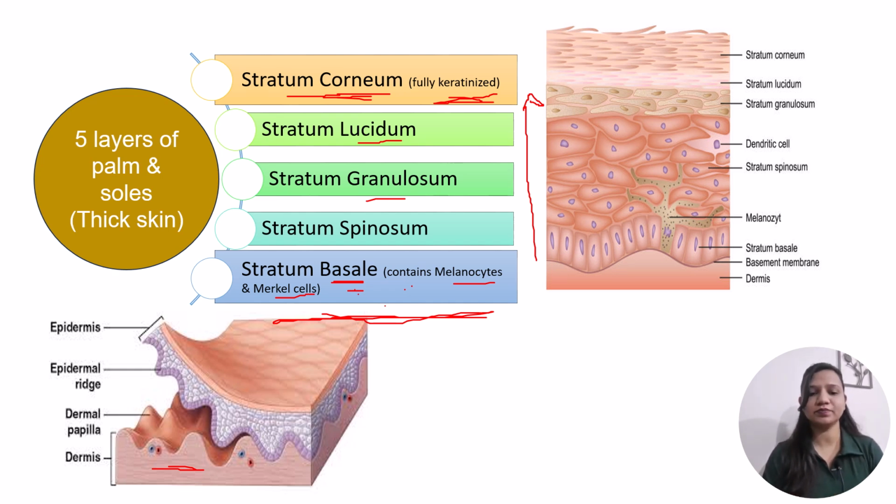So as you can see in this picture, this is the stratum basal layer of epidermis, which has these finger-like projections facing downward. These projections are called epidermal ridges, and the same projections but facing upward are present in the dermis layer, as you can see here. These projections are called dermal papilla. So these epidermal ridges and dermal papilla both fuse with each other to connect the epidermal layer with